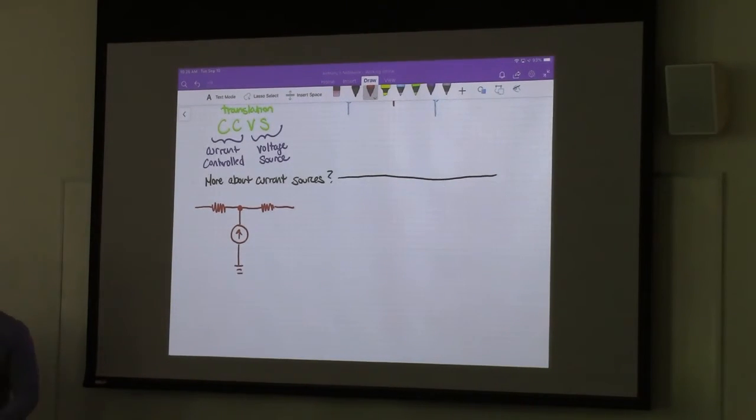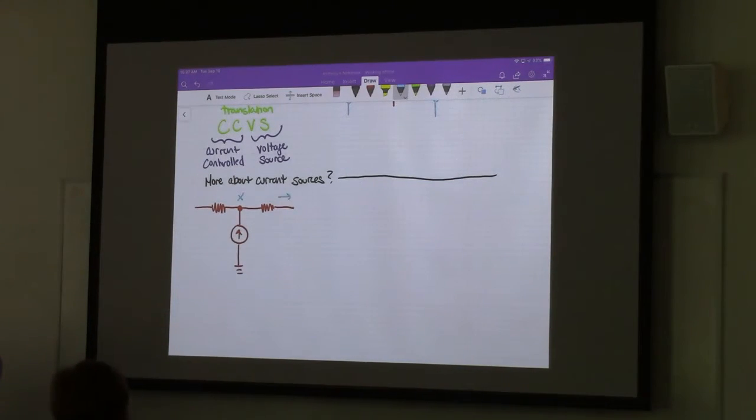Okay, I'm not even going to draw the whole circuit. I'm just going to give you one juncture of a circuit. I don't really need to label that much. I'm going to call this node X. I'm going to call this current I3. I'm going to call this current I2. And I'm going to give this a value